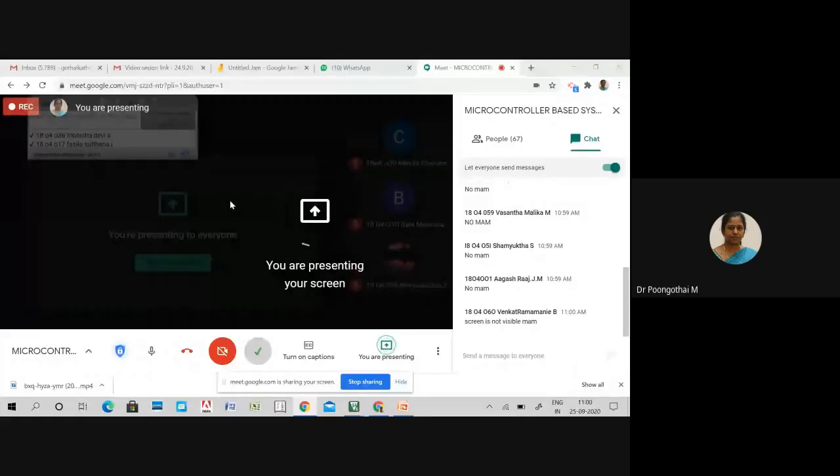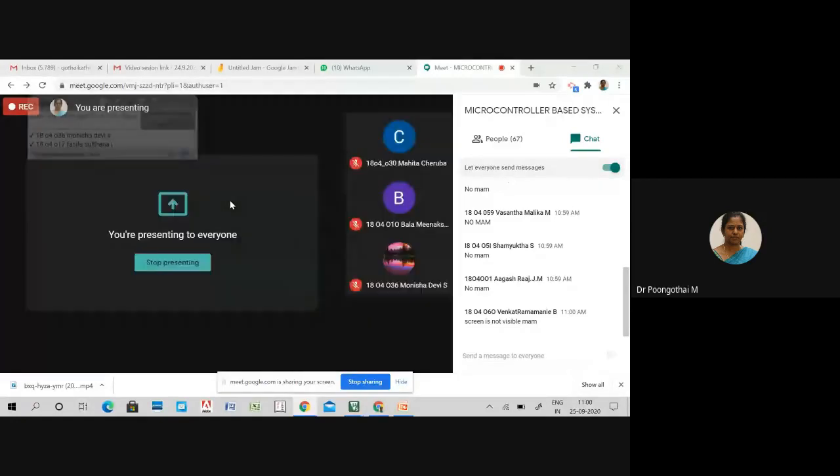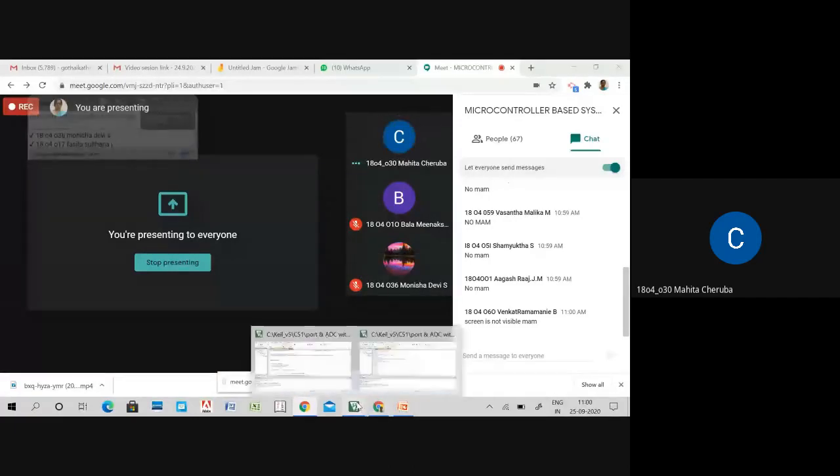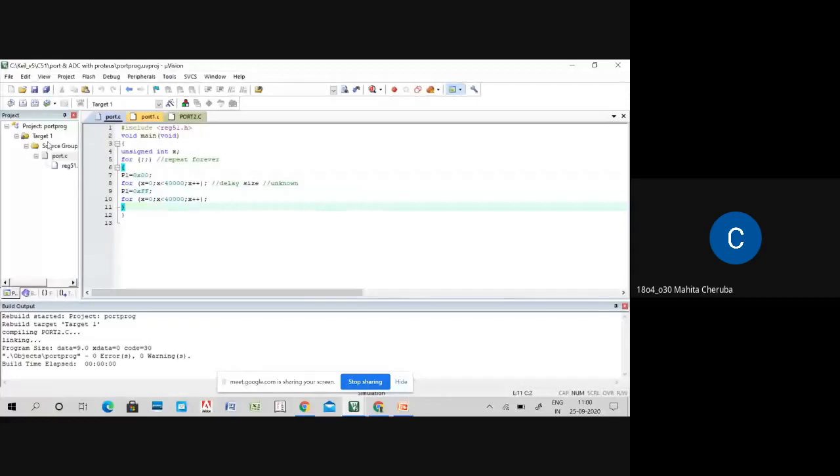Here I am moving 00 and FF. Either you can move 00 and FF or 55 and AA. Screen is visible, ma'am? Yes, now it's visible. So here I am moving 00 and FF. Okay, so let's run this code.